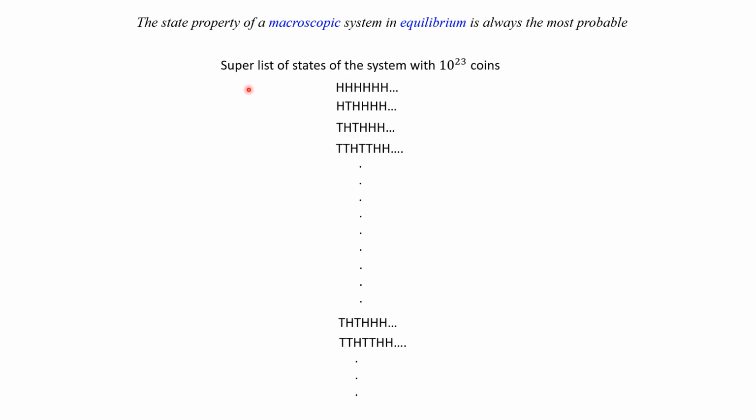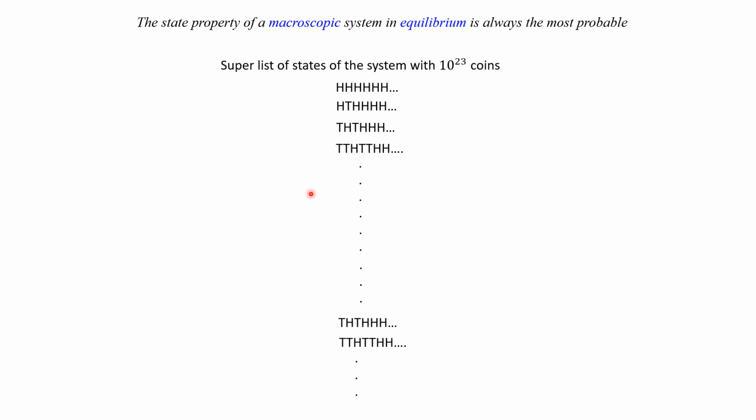Now to sum up, let's suppose that a demon draws a super list of states of the system with 10 to the 23 coins. So this is one state and it goes on and on and on. There's another state and it goes on and on and on. And the list goes on and on and on. And this list has so many states and these states are so huge that only a demon could draw it. But we can imagine that we have this list. And let's suppose we collect all states having the most probable energy, so 10 to the 23 divided by 2,